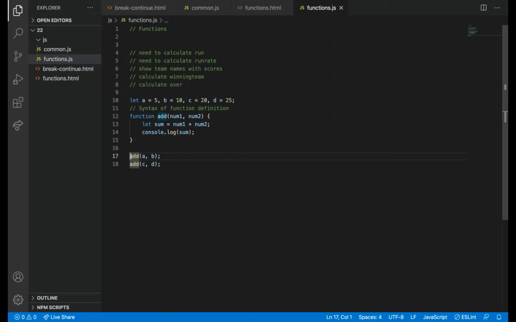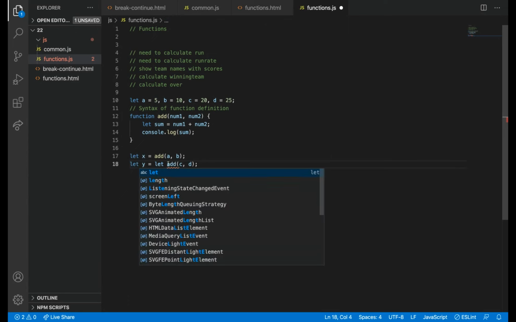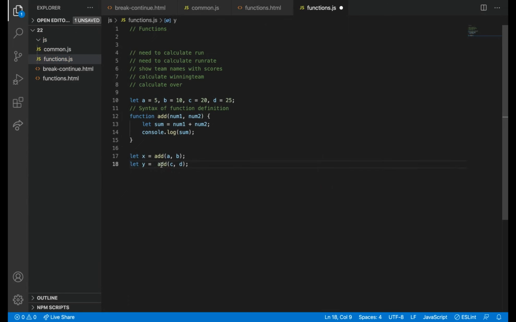There is another thing called return. Let y equal to add of C comma D. Okay.